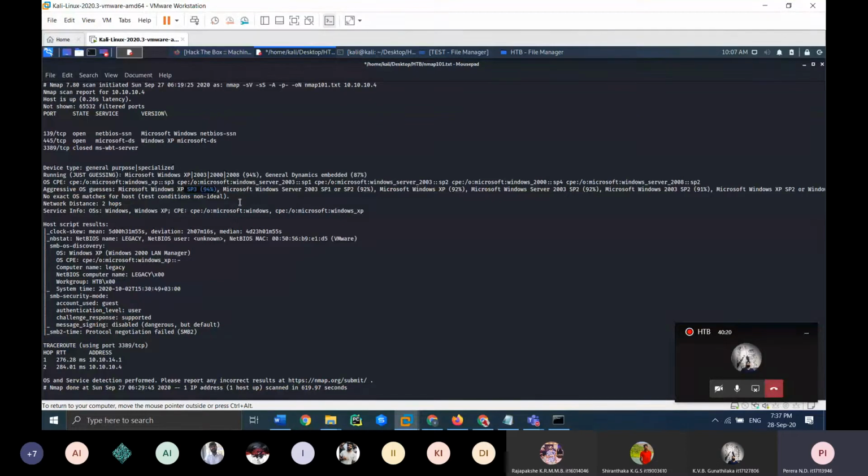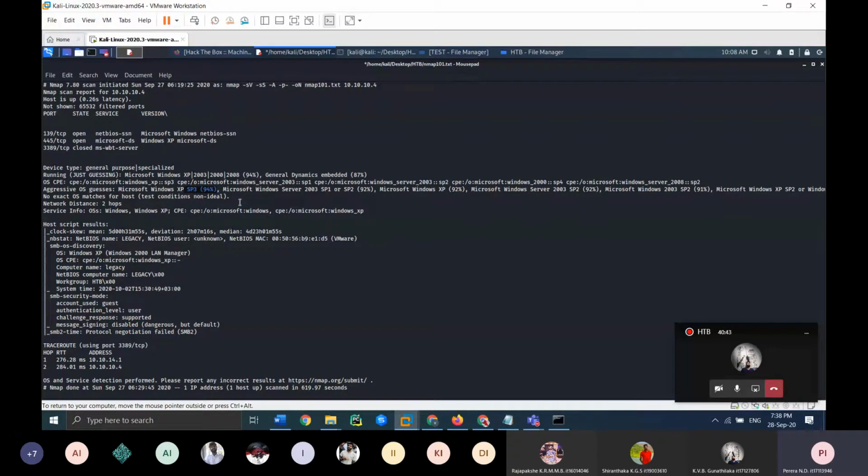As you already know, the OS versions have specific stages: SP1, SP2, SP3. We can suspect that this is Microsoft Windows SP3.